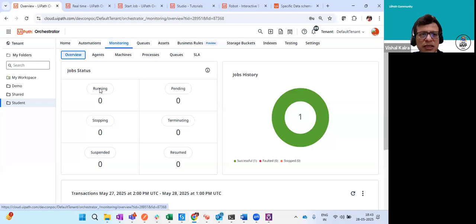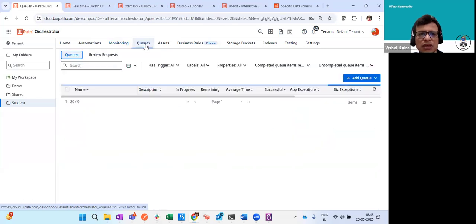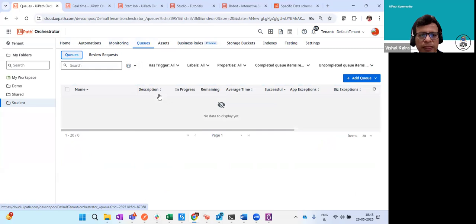Once your process is running, you can monitor it here. Suppose you have multiple processes running, you can see it here. Then you have the concept of queues. Queue, it's like